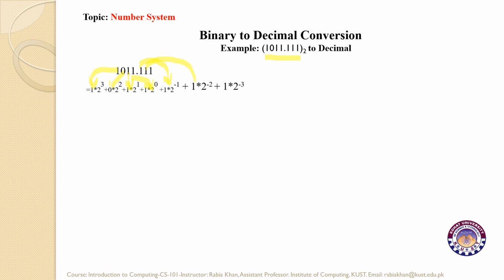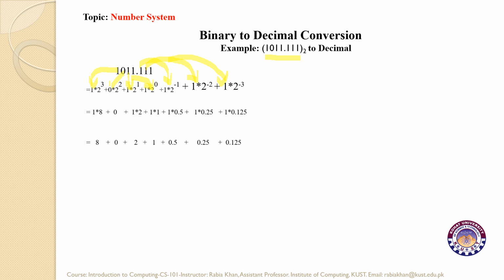Another one is multiplied by 2 with power minus 2, and the last one is multiplied by 2 with power minus 3. So after performing the calculations, these are the evaluation of the powers,